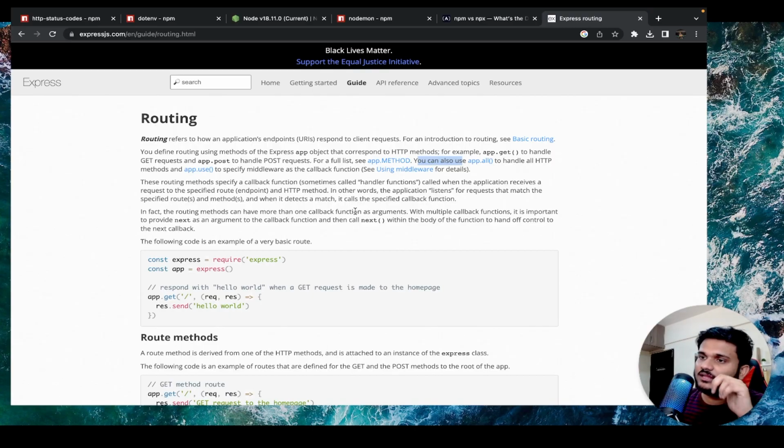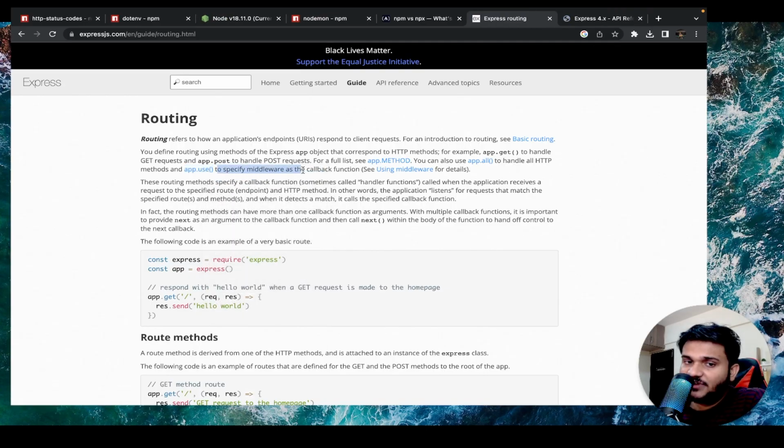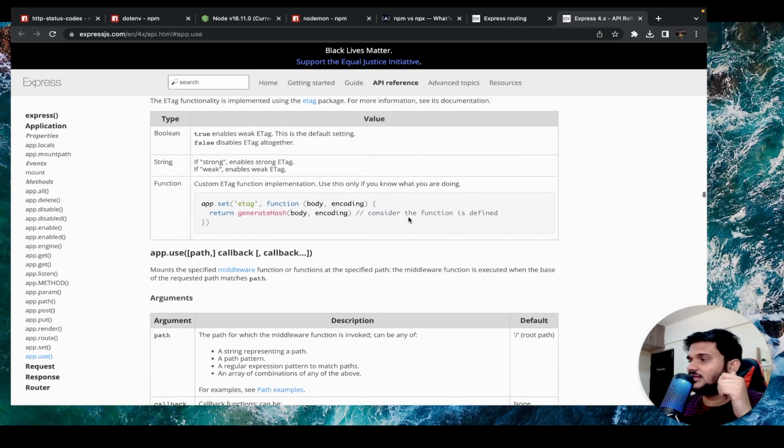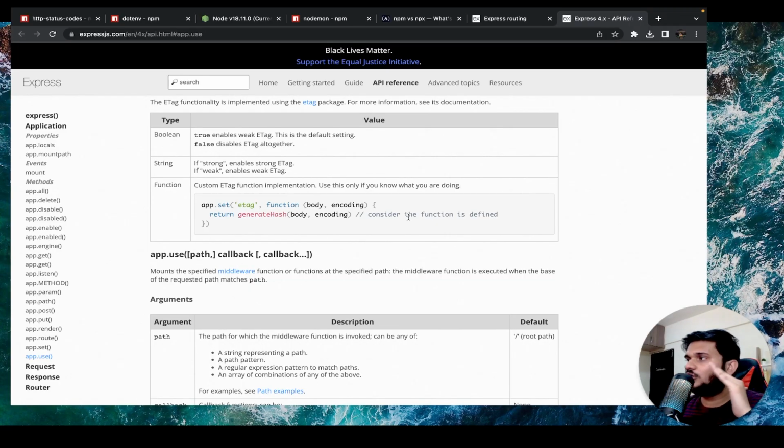Now, if you want to make a URL that is independent of what type of HTTP method you are passing, you can use app.all. And there is something called as app.use to specify middleware as the callback functions. So if let's say we want to establish a middleware that should be applied to all of the routes written below it, you can actually do something like app.use. It mounts the specified middleware function or functions at the specified path. The middleware function is executed when the base of the requested path matches the path, right? So